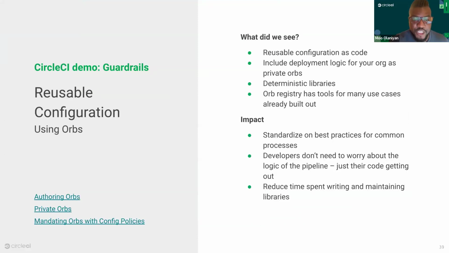So what do we see here in terms of the value that orbs bring? They reduce technical debt and they give the developer a toolbox of commands that are already built, which allows them to access different parts of the platform and perform different tasks. And like before, we can use our config policies, like I mentioned, to standardize further, such as ensuring certain orbs are present. So if you're creating a config from scratch, it's really recommended to lean on using orbs. It's a really good opportunity to standardize on best practices so that you can scale quickly and efficiently.